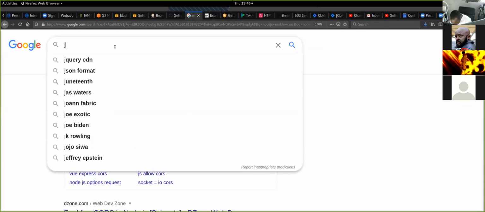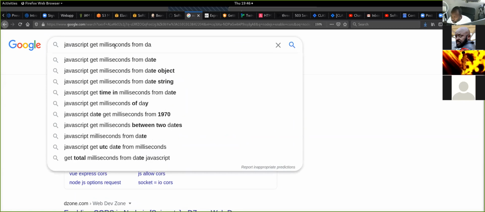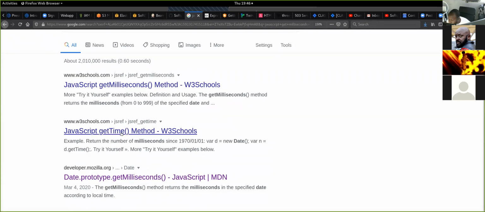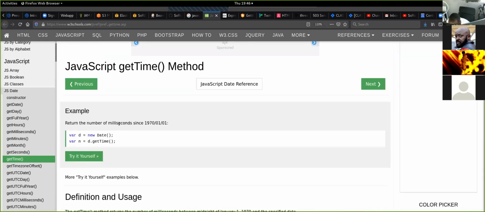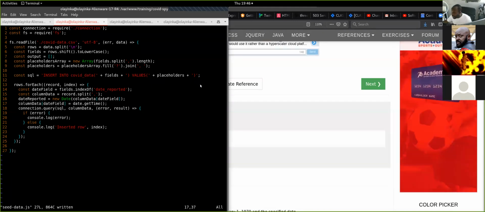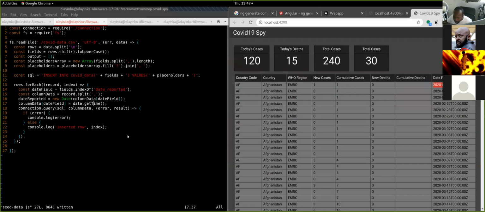JavaScript, yeah, date. I think date get time. So get time is what I need. Number of milliseconds, yes, get time is what I need. So here, sometimes I mix things up between PHP and JavaScript. So those wires cross quite often. All right, so here,